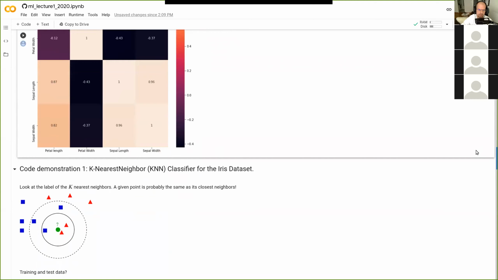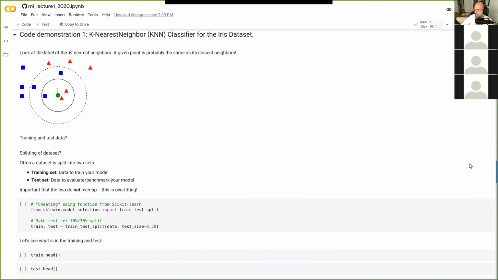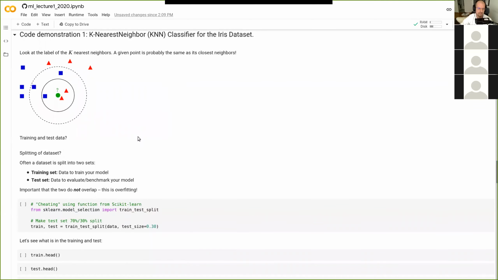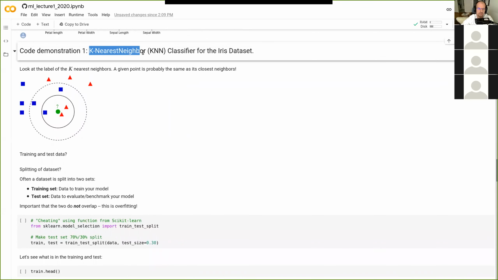So let's actually try and do some machine learning on this iris data set. I'm not sure how many of you actually followed Guido's course yesterday, but yesterday he definitely talked about something called nearest neighbors and how you could calculate distances to nearby things. But there is no requirement of having followed Guido's course today. So the type of machine learning that we're going to implement now is called K nearest neighbor, or KNN for short sometimes. So it's a K nearest neighbor classifier for the iris data set.